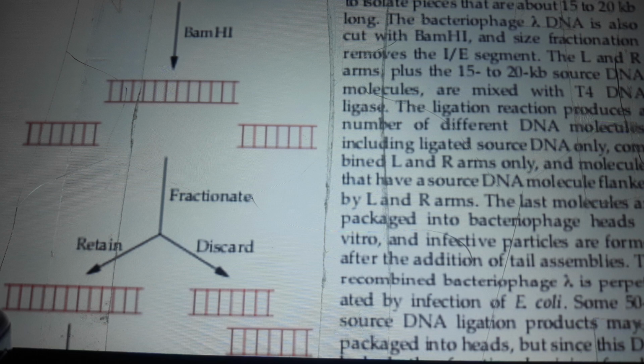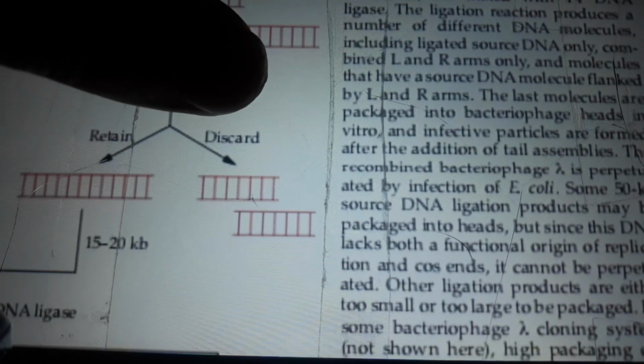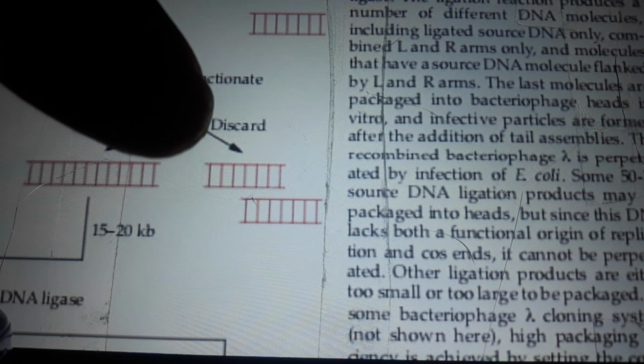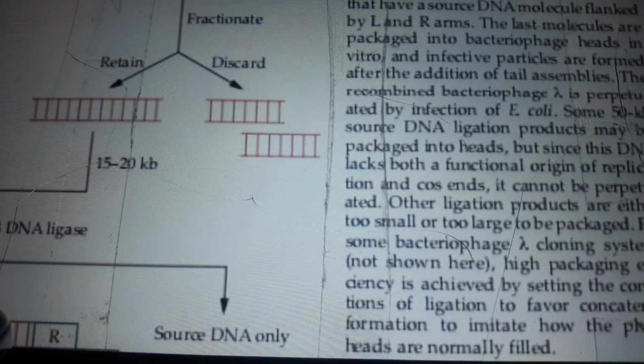The L and R arms plus the 15 to 20 kb source DNA molecules are mixed with T4 DNA ligase. The ligation reaction produces a number of different DNA molecules, including ligated DNA, source DNA only, combined L and R arms only, and molecules that have a source DNA molecule flanked by L and R arms. So this is the fractionate, the retain and discard, leading to the T4 DNA ligase. The last molecules are packaged into bacteriophage heads in vitro, and